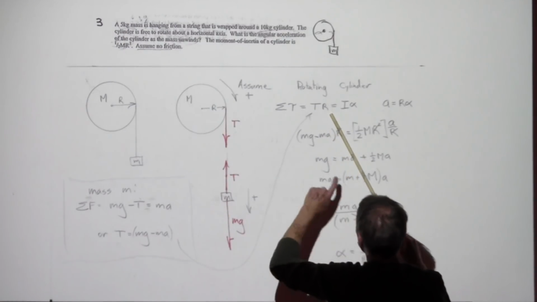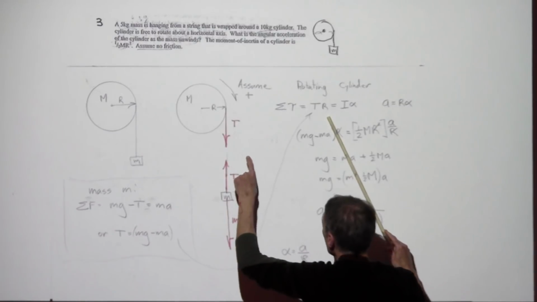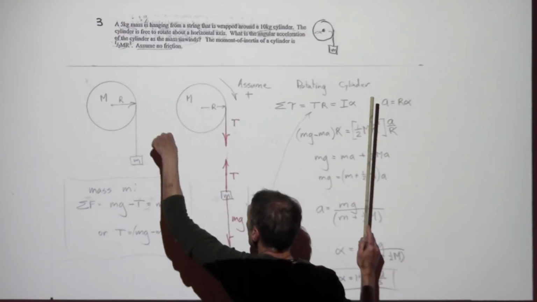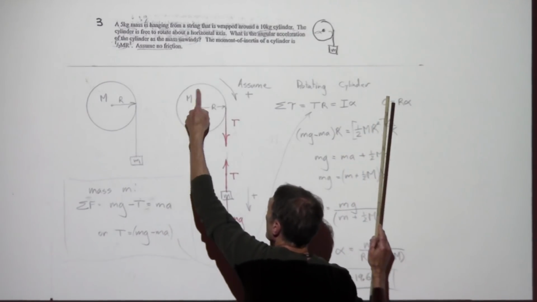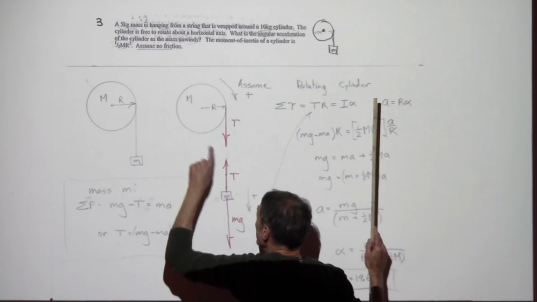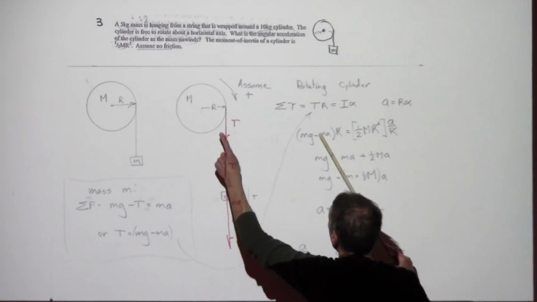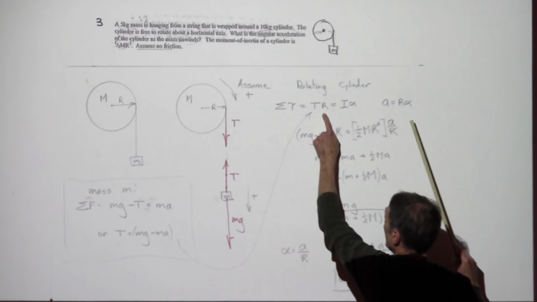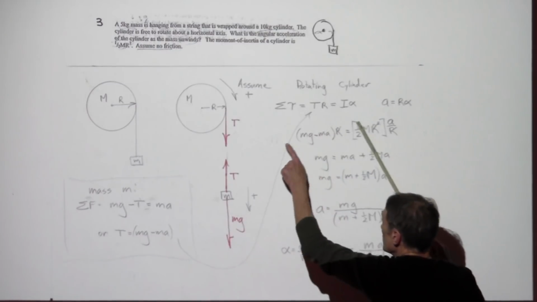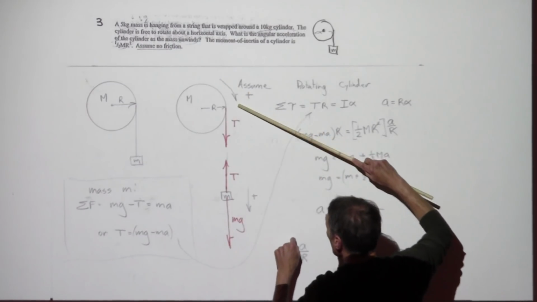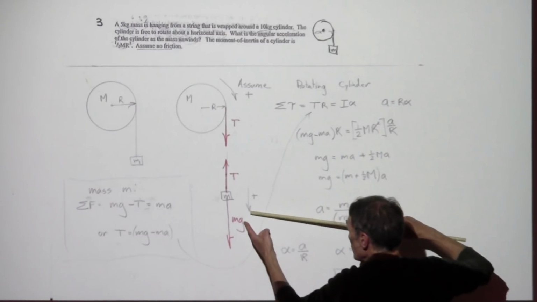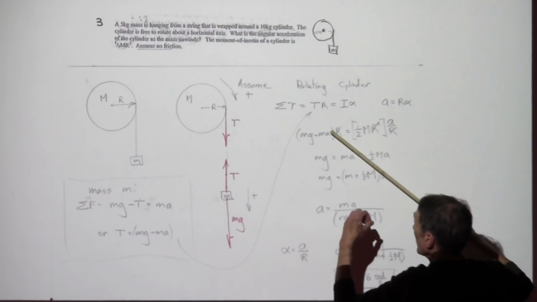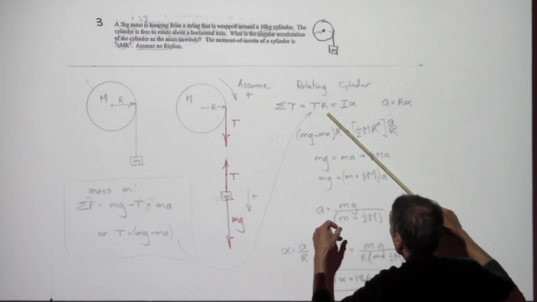Now, talking to people in the lab, I think Dr. Young is, a lot of people are using the kind of formalism that rotation this way is positive or rotation this way is negative. You can do that if you want. I think it might be better to do this as an absolute value, and so just deal with it positive. And the fact that I'm calling this the plus direction to match with this, I think is the best way to avoid problems. So I would just say the magnitude of the torque is T times R,